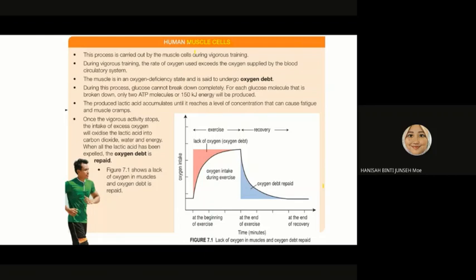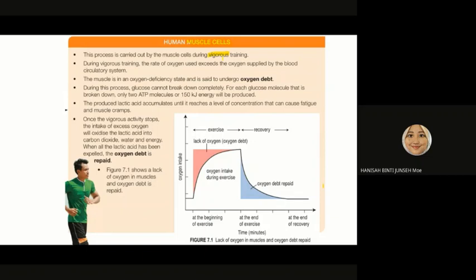So normally when we do activity, contohnya kita starting untuk jogging. Jogging kita akan slow jalan dulu kan. So kita akan nafas biasa dulu. We breathe normally. Tapi makin lama kita cuba laju. We speed up our run. So it becomes vigorous. Vigorous ni is involved in physical strength. Makin laju kan, kita makin laju lari. Vigorous training. So did you notice that your tempo of breathing is changing? It becomes faster, because you need more oxygen.